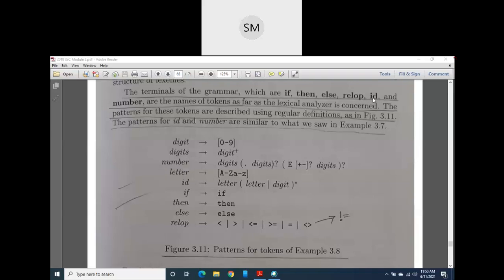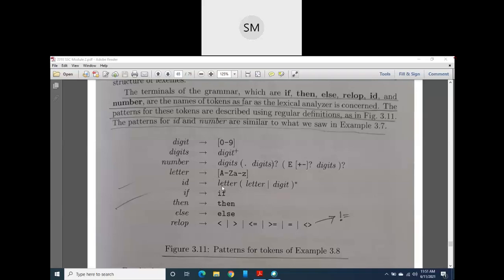Let us write a pattern for identifier. The first three statements are for number. These are the patterns for number. Then let us write a pattern for identifier. The identifier pattern looks like this, right? Letter followed by 0 or more letters or digits, because star is here. One thing is missing here, that is underscore after letter. If you want, you can take underscore here. The author has not taken it, but you can take underscore here, no problem. So our identifier looks exactly like this. Yes or no? So this is a regular expression for identifier.